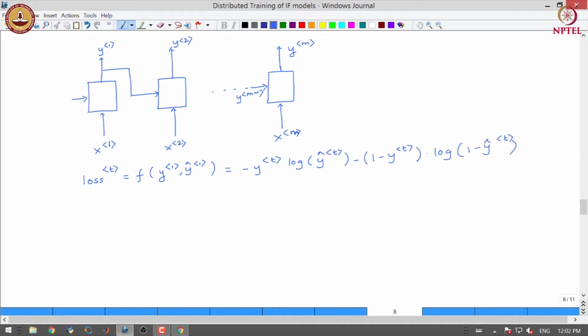So, this is a loss that we incur, this is a cross entropy loss that we incur at each position in the sequence. So, the total loss due to the prediction can be obtained simply by summing across the sequence length.